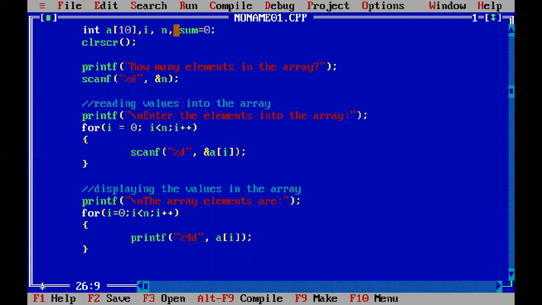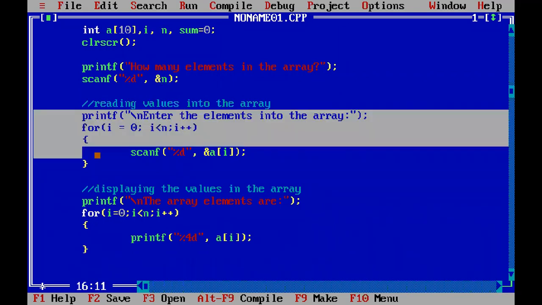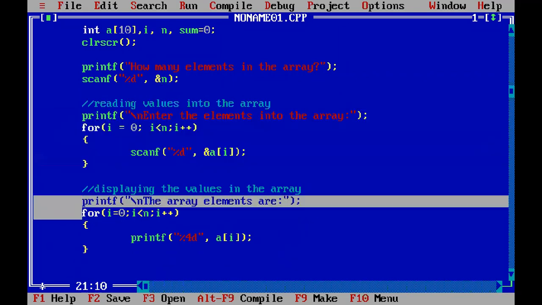So in this part we have just declared an array of 10 elements. Maximum you can insert 10 elements, but minimum you can insert any number of elements. So we have given an option to the user. It's up to the user how many elements he would like to enter. He can enter 10 elements, or maybe less. Then in this part we read the elements into the array, and in this part we display the list.